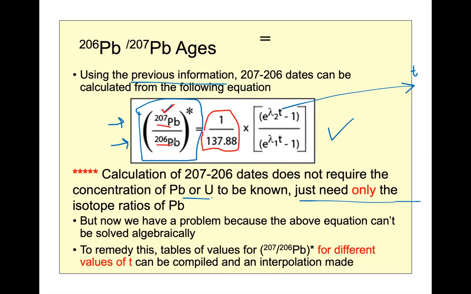So that's enough. We can date the rock just by measuring 207 and 206, because lambda 1 and lambda 2 we know, and the only unknown is T, right? But in this equation, although it's simple, we have a little problem